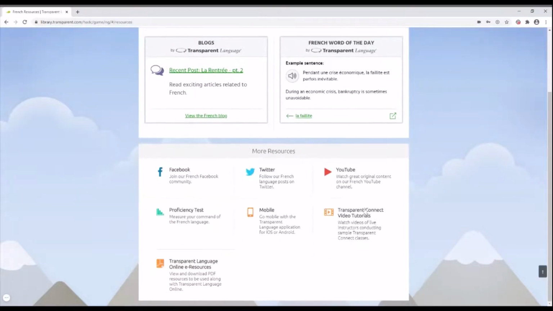Further below, we have additional links. We have the French Facebook community. We have the French language Twitter post from Transparent Language. We have YouTube. There's also a proficiency test, which measures how well you're doing. There's also a mobile app,